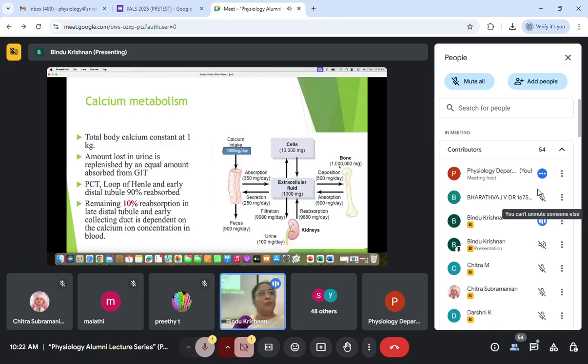The remaining 1% is distributed between inside the cell, intracellular, and the intravascular and the interstitial. So that is this 1%. And in this 1% is what we are talking about, the ECF range, which is managed between 8 to 10.2 mg/dL, right? So whatever be the intake of calcium, if it is a calcium rich food, the bioavailability of calcium